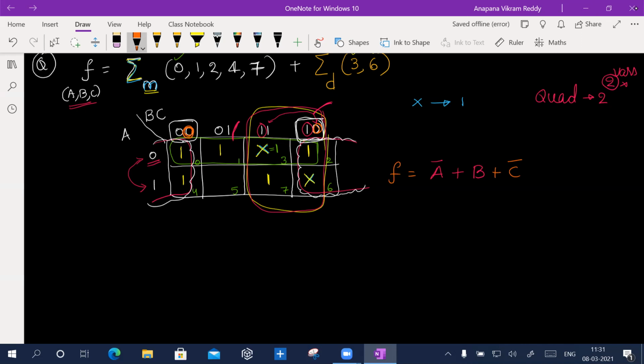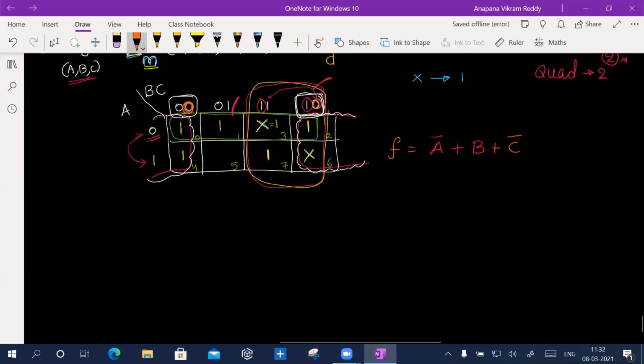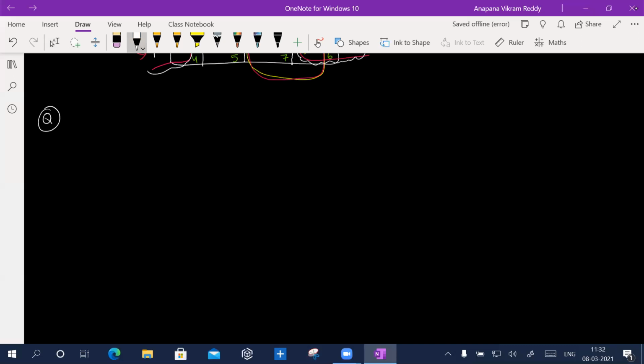I hope you're able to understand these things, okay? And of course, we'll also solve problems where we have don't cares, some we require and some we don't. So we will have to solve in that style. You will come to know that, don't worry. For example, I have a situation like this. Some f of ABC is given to you. You have some minterms.